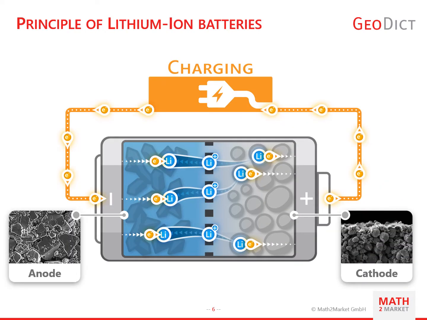On this slide, I want to show the basic principle of lithium-ion batteries. A lithium-ion battery consists of an anode and a cathode side. In the bottom left and right, you can see the complex microstructure of these electrodes. The electrodes consist of so-called active particles, a liquid electrolyte between the active particles, and carbon black and binder that glue active particles together. These active particles have a spherical or polyhedral shape and they host lithium atoms.